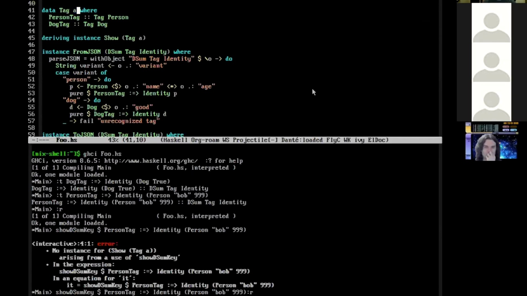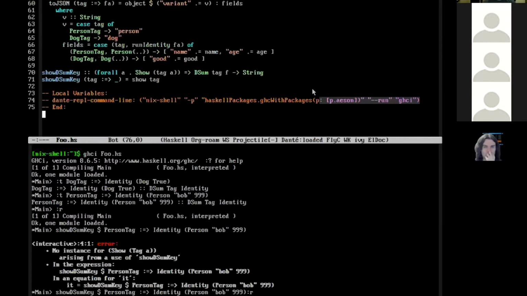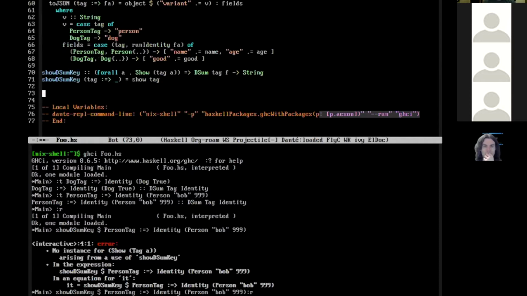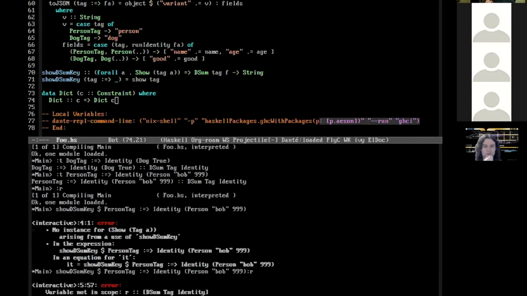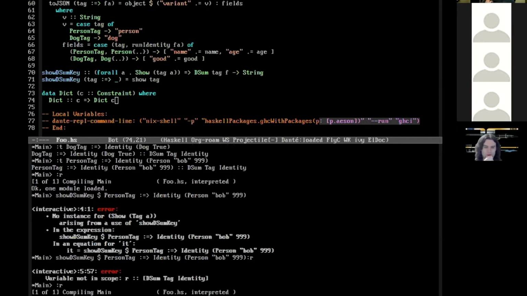So the first thing we're going to need is a way to capture and pass around type class dictionaries explicitly. And the tool for that is the Dict type from the constraints library. So the dictionary for some constraint C is: if I have the constraint for C, then I can construct a dictionary for C. So if I say what's the type of Dict, the dictionary for Int, then it will happily let that through.